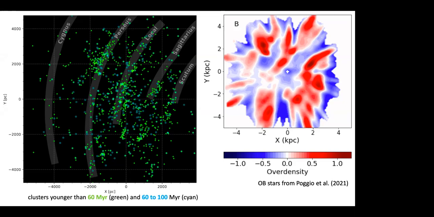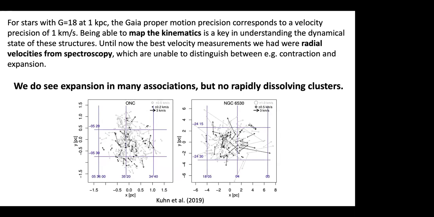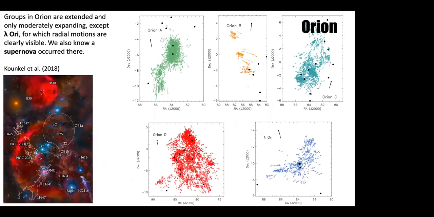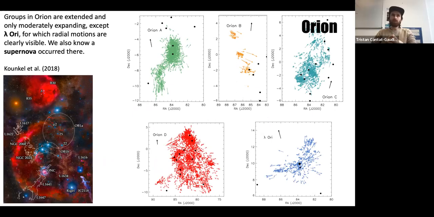Okay, thank you. And if I can, just a quick second question about the cluster expansion. At some point you showed results about this diffuse structure expansion, and you compared those results with those obtained by Kuhn and collaborators about more cluster-like systems. My understanding was that most of this expansion was very likely driven by stellar evolution, for example, supernova explosions or something like that. But maybe I missed something. I think you were actually pointing toward a different explanation for the expansion that is observed in most of these young systems that you showed. I think both are possible, but